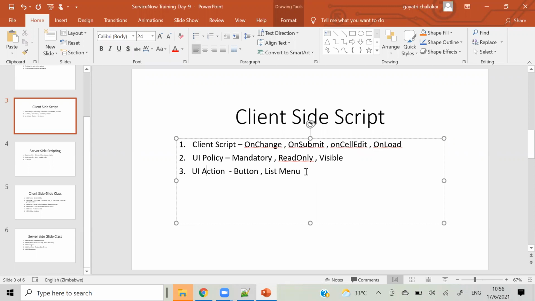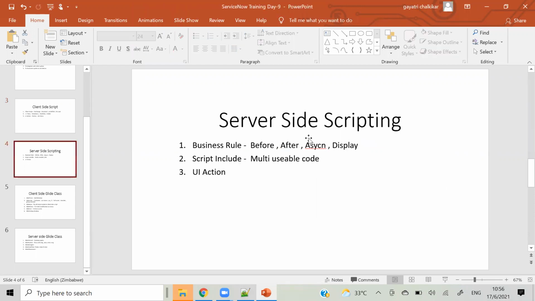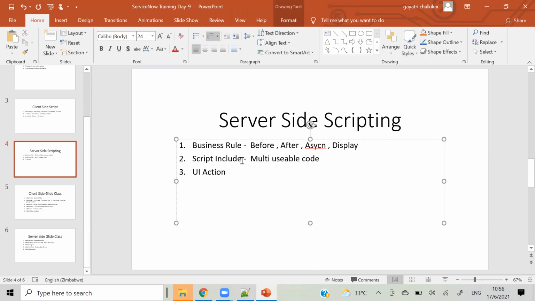Then we have server side script, which we will divide into 4 days: before and after business rules take 2 days, and script include takes 2 days, one day calling it in server side and one day calling script include in client side. So here you will see around 10 days.